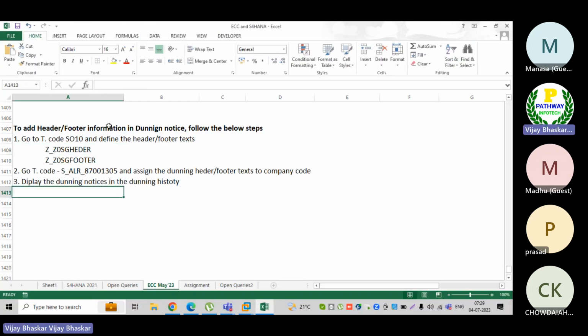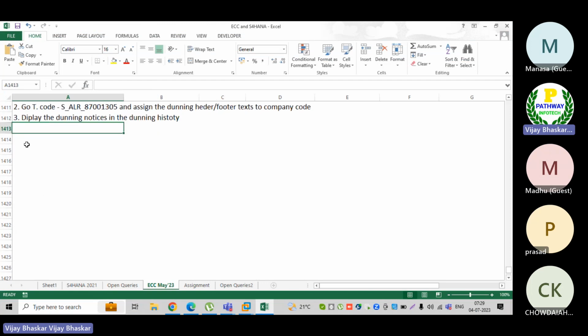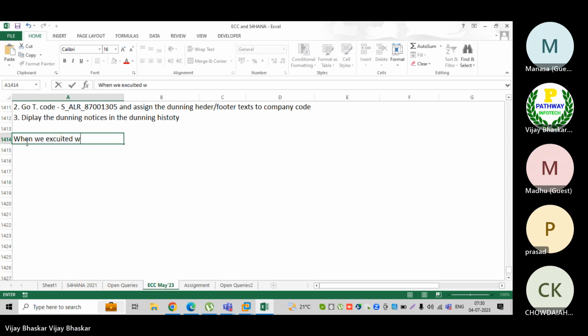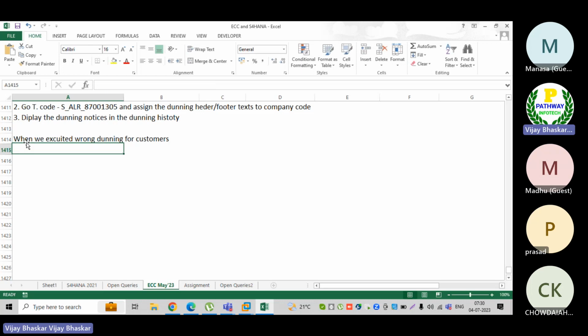See now, this we have already performed successfully. Now go to the scenario when we executed wrong dunning for customers. So now my requirement would be that I do not want to execute the dunning for this customer. Then what you need to do in order to call back the dunning and revert back the customer: go to transaction code SC38